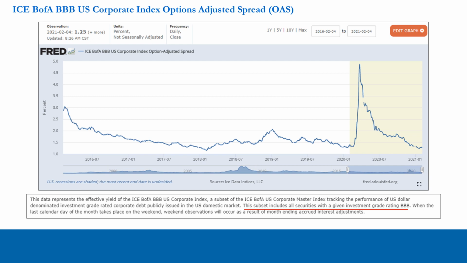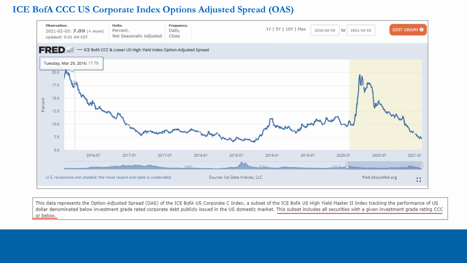Additionally, if you want to keep an eye on the non-investment grade, the junk, so the triple Cs, you can get access to that easily as well. Just type that into Google and you'll find it on the Fred website. This is the ICE Bank of America CCC US Corporate Index. So you've got access there to publicly available instruments that you can keep an eye on, the AAs, the BBBs, and the CCCs, and use these as potential leading indicators, leading economic growth and liquidity in the economy and financial